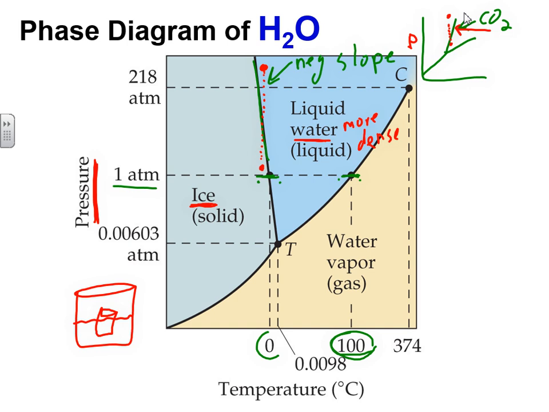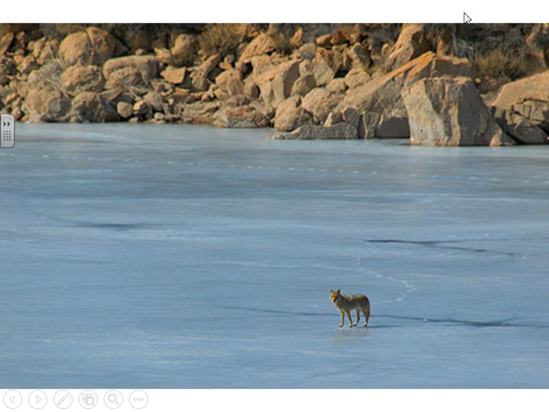Most phase diagrams will have this be a positive slope because for most substances, the solid is more dense compared to the liquid. So as you increase the pressure, you become a solid. Not so with water. Water is very unique in this regard. And in fact, this is why water, when it freezes, goes to the top of a lake, and this is a good thing, because if the opposite were true, if ice was more dense than water, then ice would sink